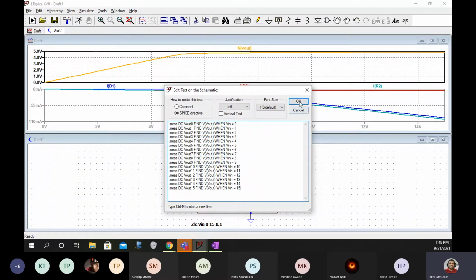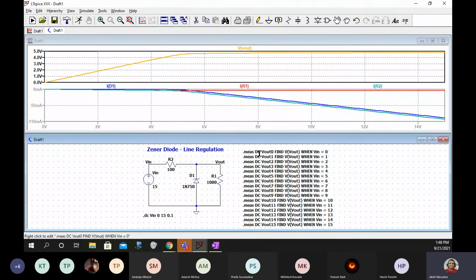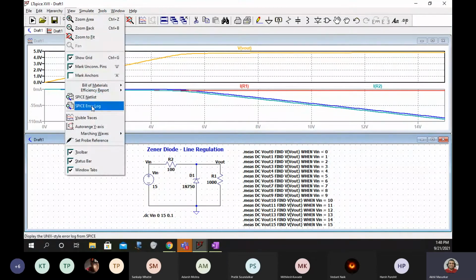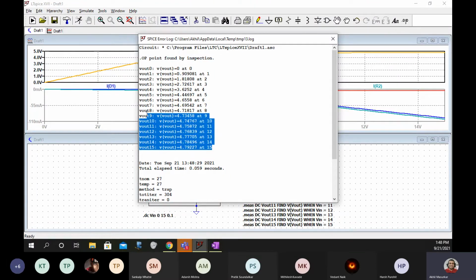So I am writing this command here, and you can just zoom it this way, and I'll just run this. Graph wise nothing will change. Only in the SPICE error log file, now you can see all the values for different values of V in, that is 0, 1, 2, 3 up to 15. So you can see here